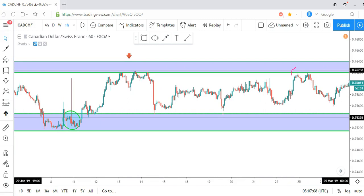See, price carved a double top. Inside here, a series of inverted hammers and pin bars. Price also carved a double top, a double confirmation. So you take a sell trade again. From here, only take sell trades. Don't look for buying opportunities. You sell while placing your stops above the box, above the shock absorber, and you take profit